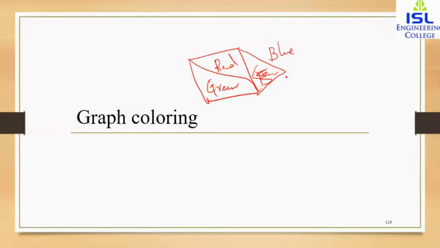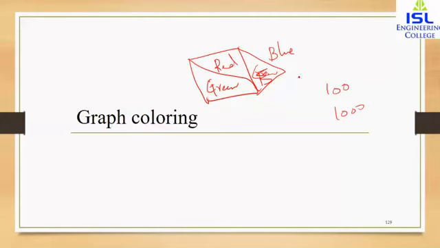So this is only if we have three regions. Suppose I have 100 regions or 1000 regions? Then will you use 100 or 1000 colors? No. It is always better to use a small number of colors. So consider the problem of determining the least number of colors needed to color a map so that adjacent regions never have the same color.